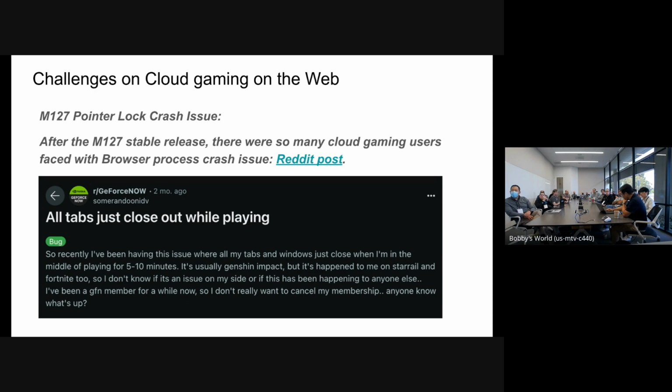So nothing special. All cloud gaming relies on pointer lock, and when we click the window, it's just gone. Sorry, how long was that outage for? How quickly was it addressed? You mean the outage? I think we just got the Reddit post, and after maybe 4 or 5 hours. Okay, I'm sorry, that shouldn't happen. I was trying to go home, but I got this Reddit post, and then I stayed all night to fix this problem. Not fixing, just identifying.